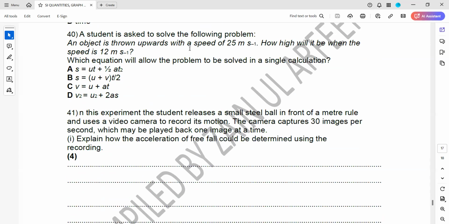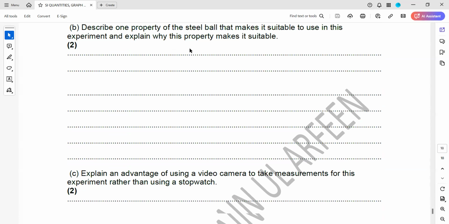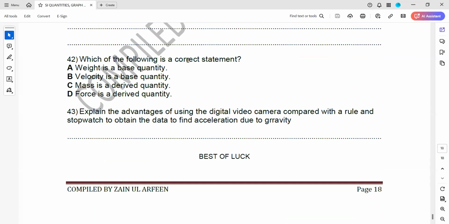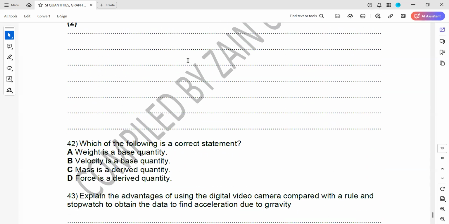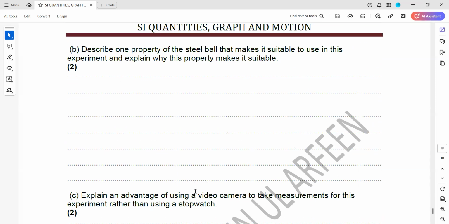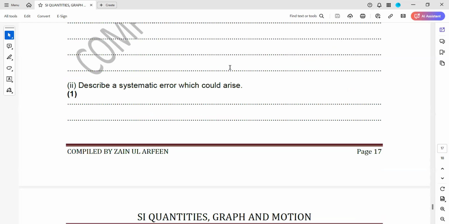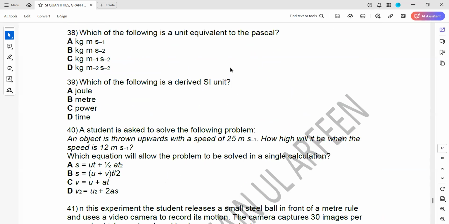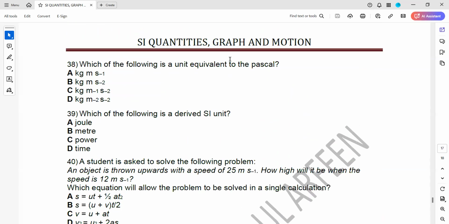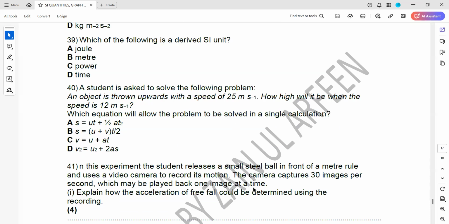Page 17, any doubt? 17, 18, the last two pages. Thirty-eight. Question 38, it's the same one, which is Pascal. And 40 is